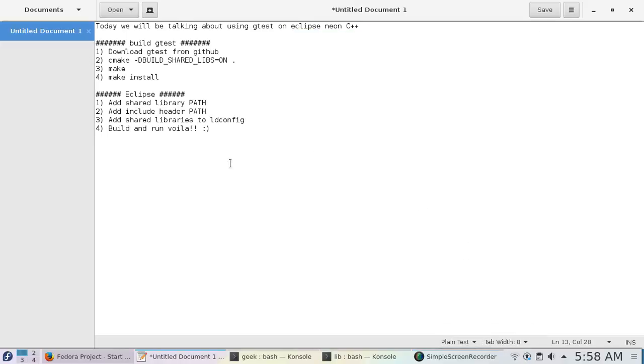So today we'll be talking about using gtest on Eclipse Neon C++. As you know, gtest is a C++ unit testing application which is used to test very large applications in a very effective way. It's a wonderful unit testing application, and unit testing, as you know, is very important for any project,